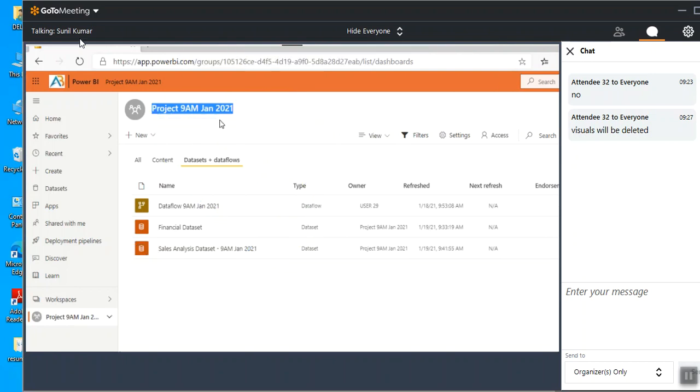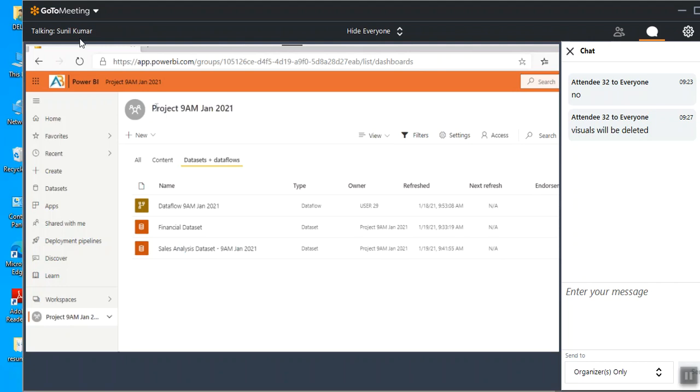Now the question is, when user 31 wants to access the same data set, what do we need to do? Someone tell me. So we'll add him to the same project workspace.